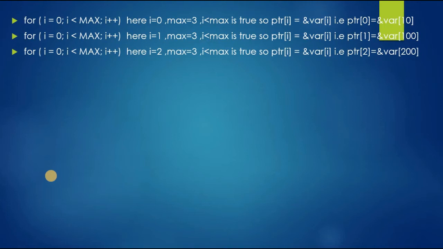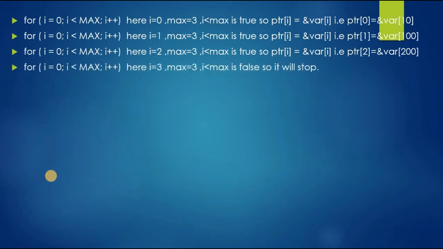The condition is true here. So now ptr[2], at the second address, we got the element 200. Now i is incremented and i is 3. The condition fails here, so it will stop that loop,